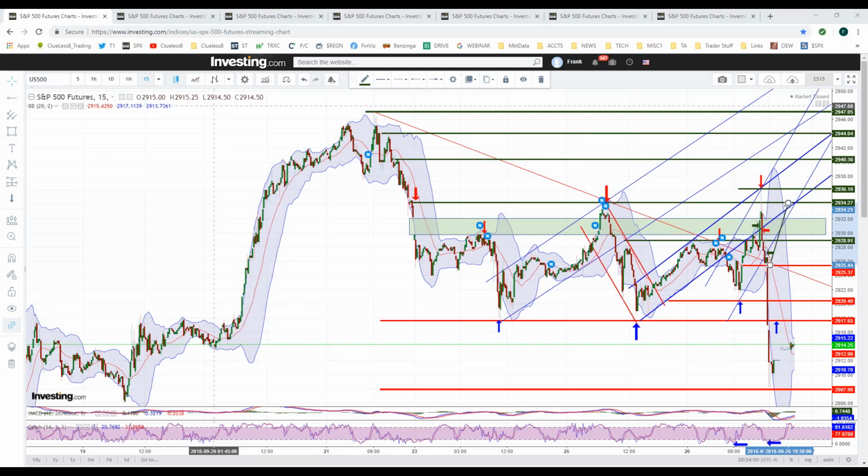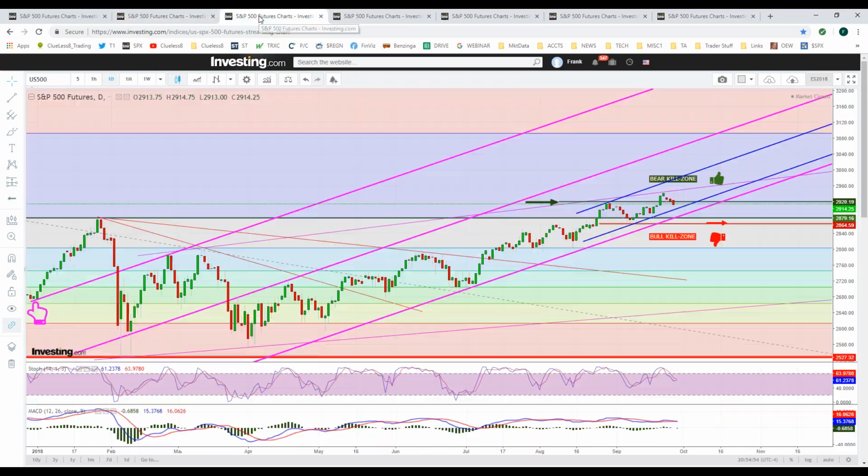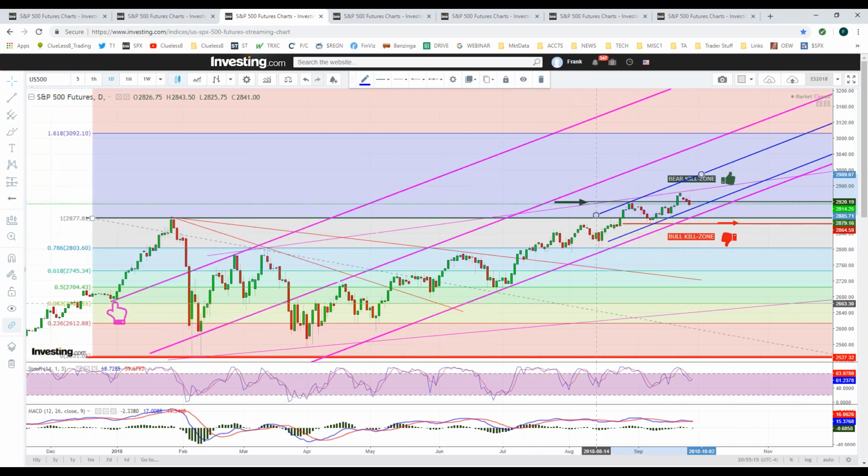So now, let's move on to the longer-term charts, where we keep an eye on the bigger picture, and I show that in the form of these type of charts here. And with these charts, all you've got to do is glance at them. You don't need to super analyze them because they're not necessarily trading charts. These give you an idea whether or not we're in a big down market or whether the uptrend is still intact. So as you can clearly see here, based on the channels, these are all channels,